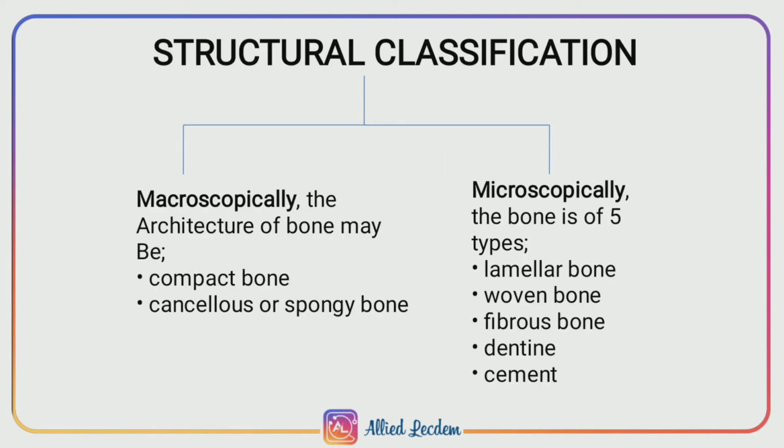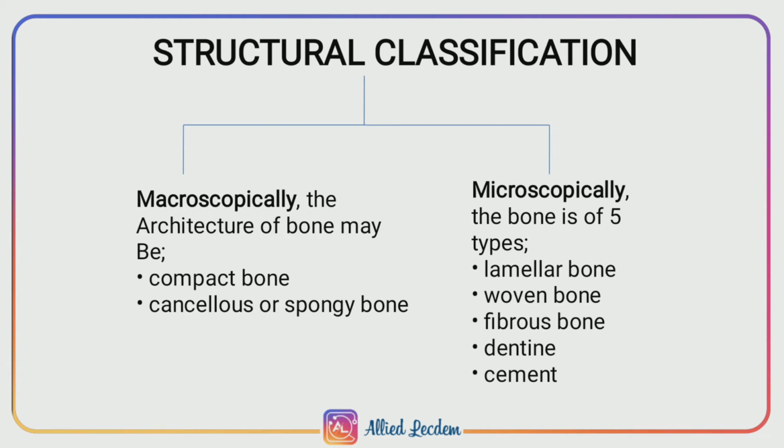Next is the structural classification, that is, macroscopically the architecture of the bone may be compact or cancellous. Compact bone is a dense structure like ivory, but it is extremely porous. It is best developed in the cortex of the long bone, and this is an adaptation to bending and twisting forces, while